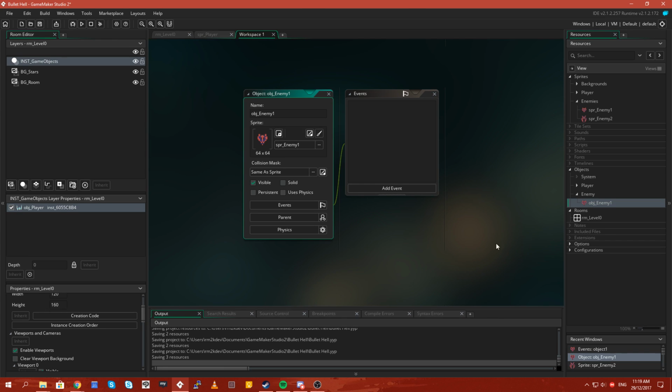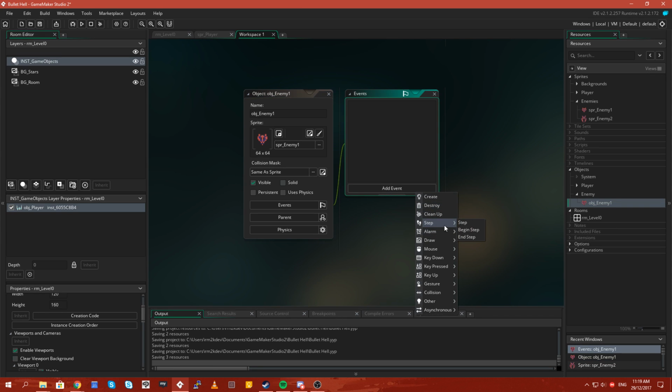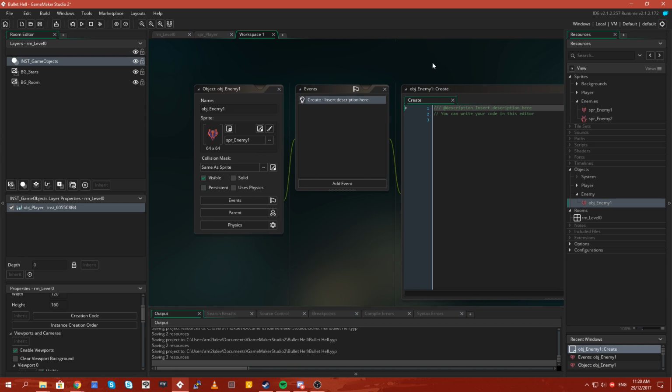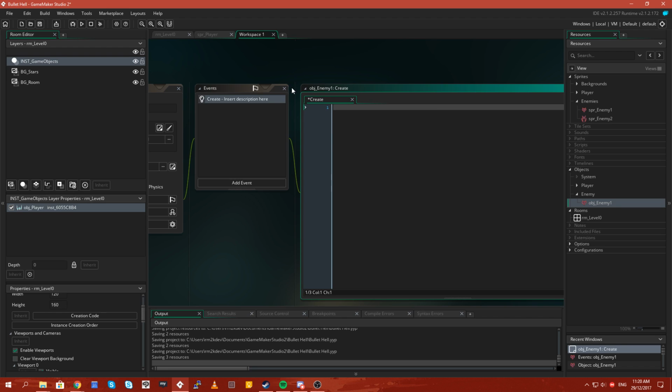And then let's add a step event. Actually, let's add a create event. We'll set up some variables. I wonder if we can use parenting for this, how would that work? I don't know how that would work actually. Let's just do it one by one. Make it easy for ourselves. That's fine. Let's say flight speed equals 1.2. Sorry. Let's add a step event, and we'll just say y plus equals flight speed.